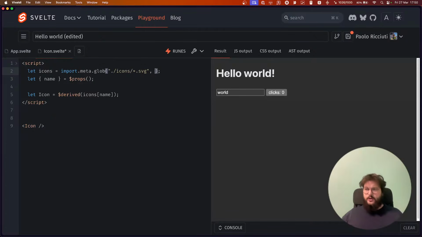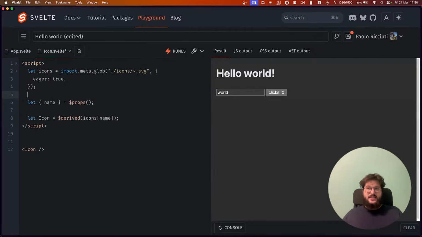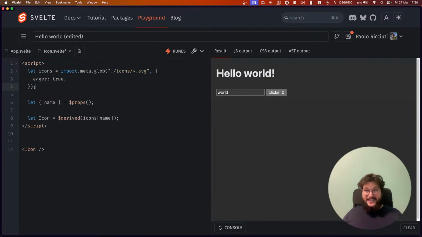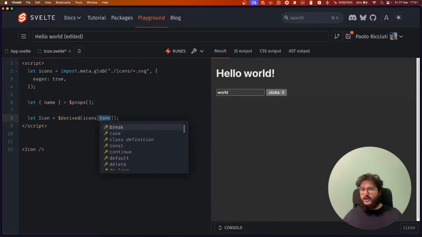So you can pass a second option, you can say eager: true, and this is basically the same component as before. This is literally returning an object. Technically I can't use, that's annoying, I can't use this.